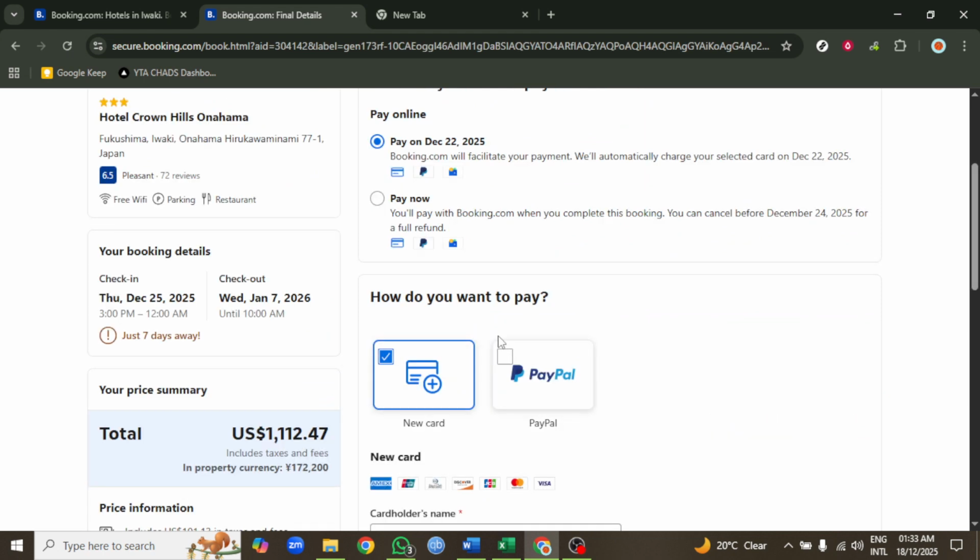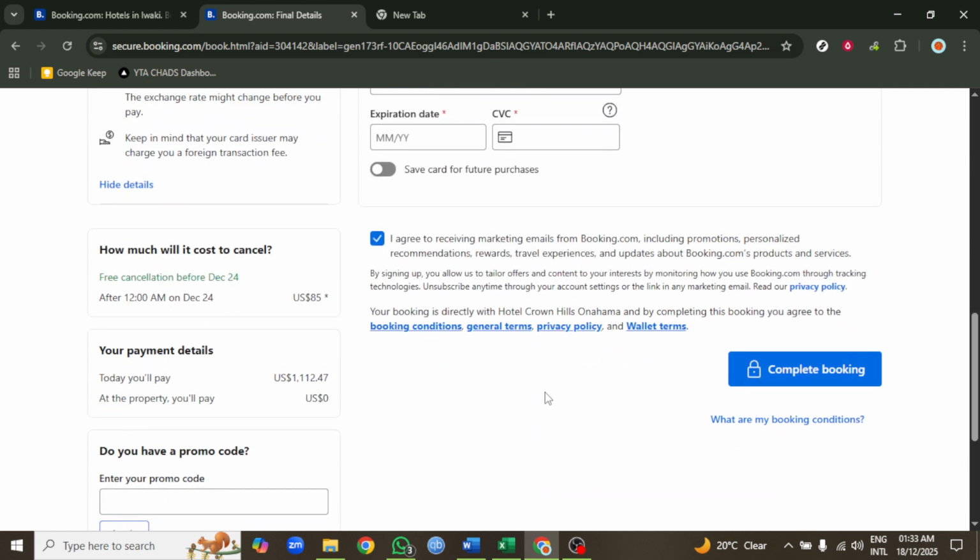If you don't see Afterpay on the payment screen, try a different rate at the same property, switch to a pay at property option, or pick another listing that clearly indicates flexible payment. It's also helpful to keep your country and currency consistent with Afterpay's supported regions. Finally, confirm that the payment method shown at checkout matches what you expect. Your confirmation page should reflect the pay later setup you